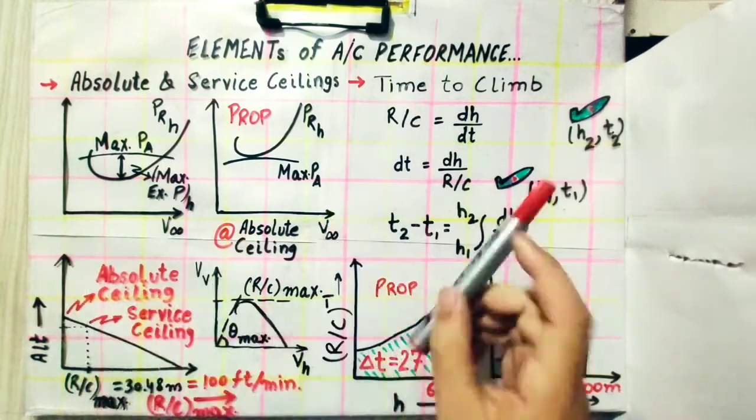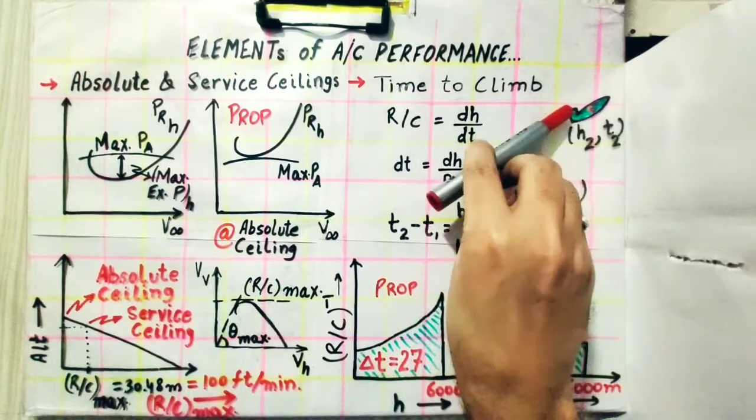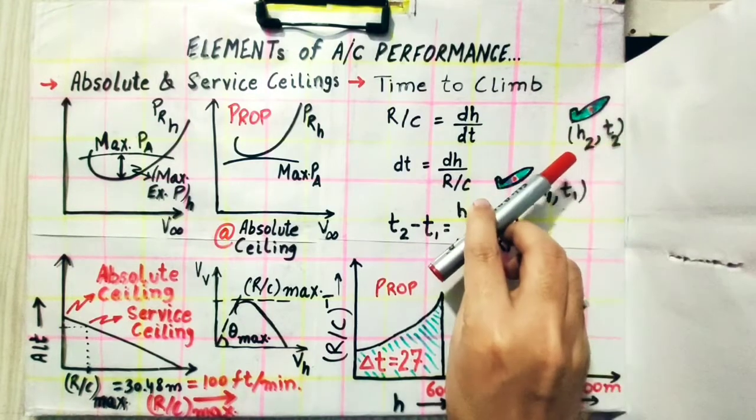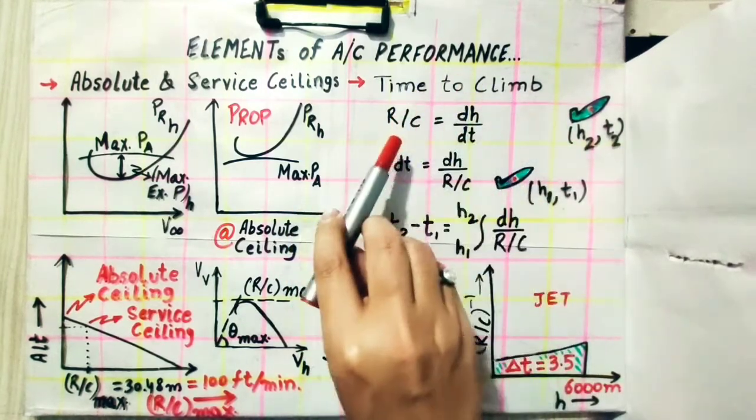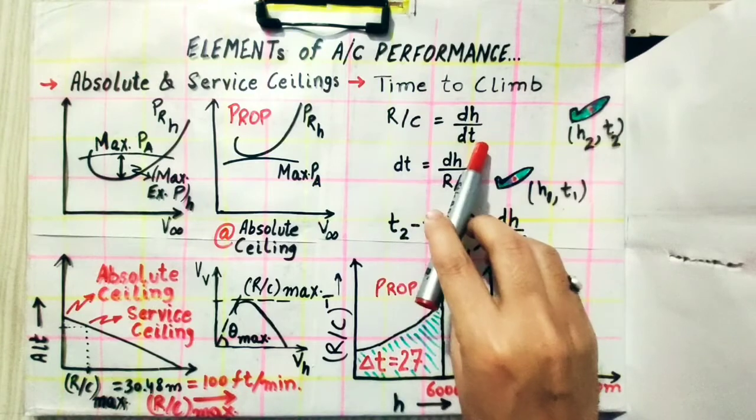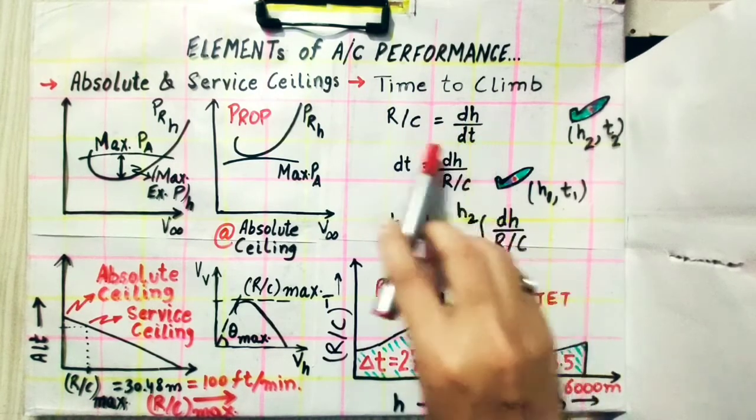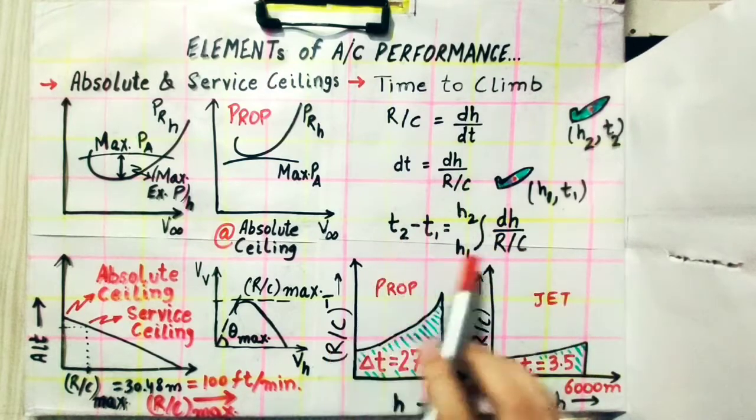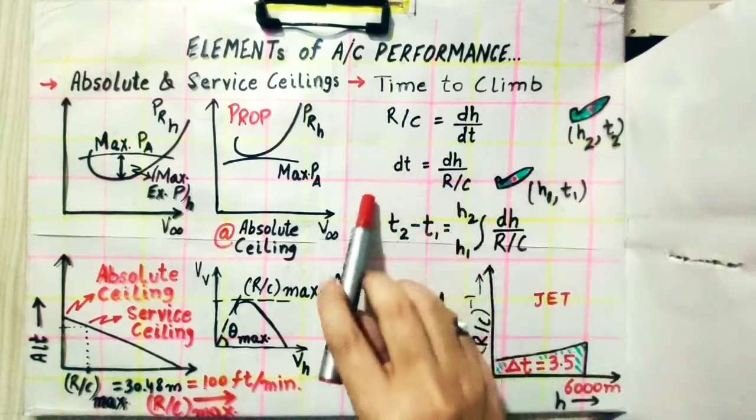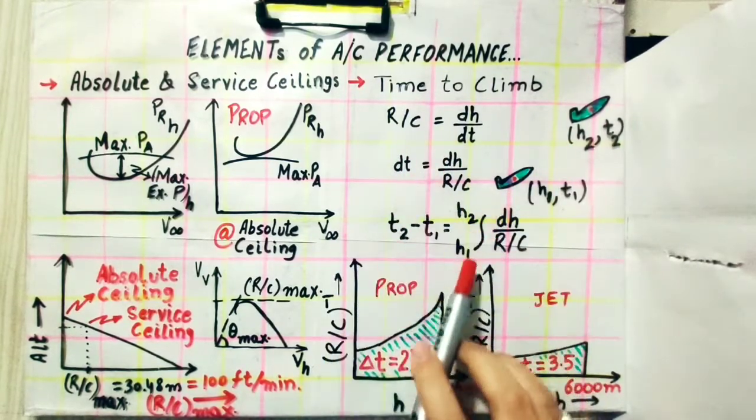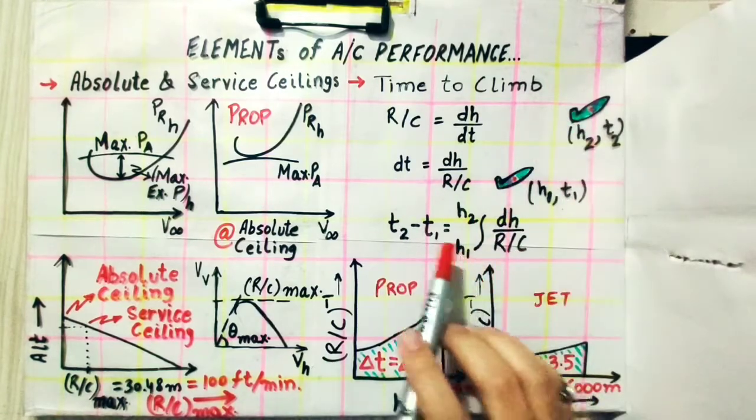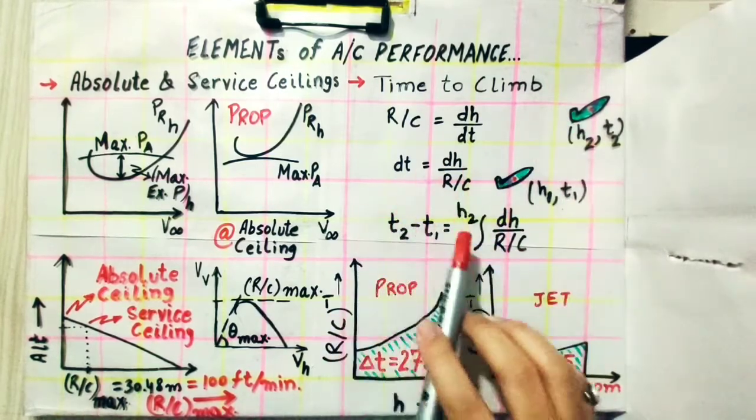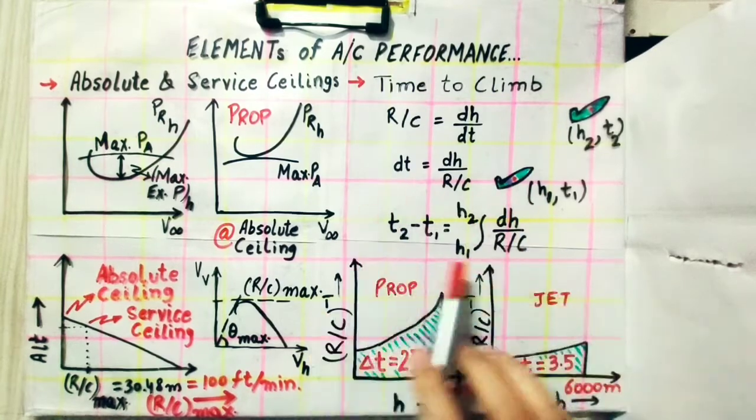So if an aircraft is moving from a point h1 at time t1 to a point h2 at time t2, then from the definition of rate of climb, we know it is dh by dt. From this, if we take dt over here and rate of climb down, we get dt equals dh by rate of climb, and the time period can be obtained upon integrating both sides, here with respect to time, here with respect to height, from h1 to h2. So here we got the time interval t2 minus t1 in which the aircraft can climb from h1